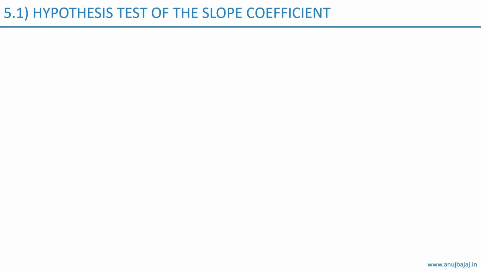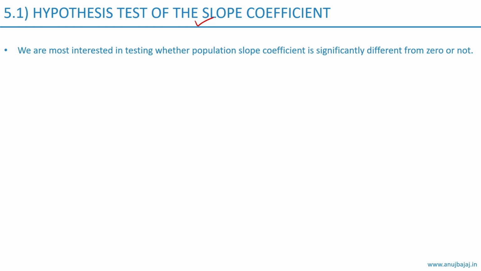We have seen the F statistic used to conduct the hypothesis test concerning the slope coefficient. But the F statistic is often used when we have multiple slope coefficients. It is used in multiple linear regression. But in the case of simple linear regression, when we have only one slope coefficient, we often use the t statistic instead of the F statistic. And while conducting the hypothesis test concerning the slope coefficient, we are most interested in testing whether